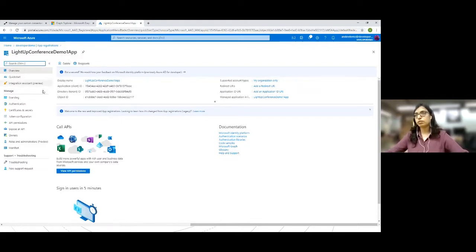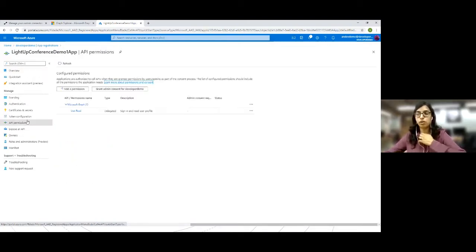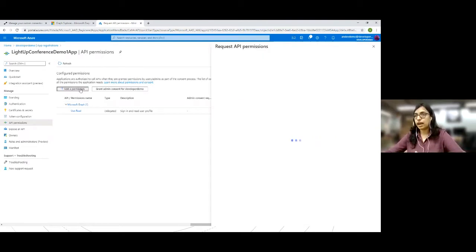Once the app registration is created, there are a few other steps to be done, which we'll do now. Just observe, we have the application ID here, we have the tenant ID here, and we have the redirect URI to be configured. First we'll configure the API permissions, because that is the most important: what permissions does our Graph API need? So we will add the permissions.